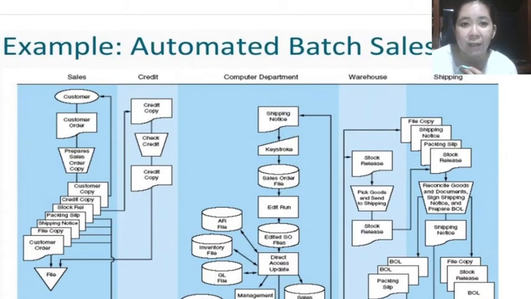Okay, so we have the different departments, the sales department, the credit, and if you could notice, there is a credit department, a computer department, I mean, that is included. Whereas in the first illustration that we had in the previous video lecture using the data flow diagram, since it's manual, then there is no computer department involved. So since this is automated, meaning we just added this department to store the data, to process it also,